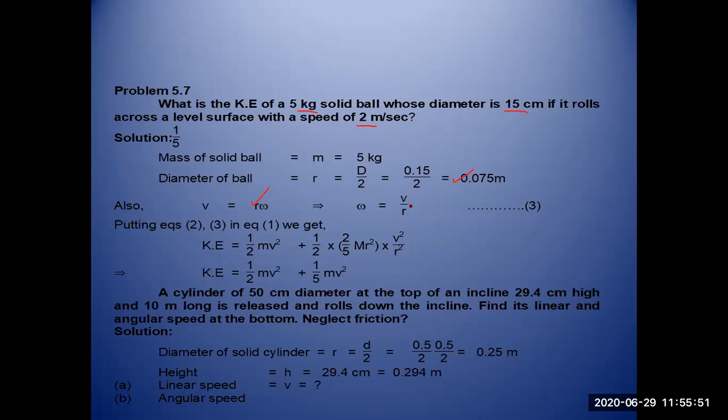Angular velocity is basically calculated by this formula, that is v over r, and you know that during any type of motion the total amount of kinetic energy will be equal to the sum of both types of energies, that is kinetic energy of translation and kinetic energy of rotation. And after putting the values in this formula, you have calculated the kinetic energy,